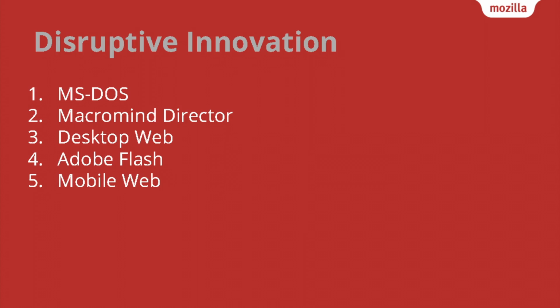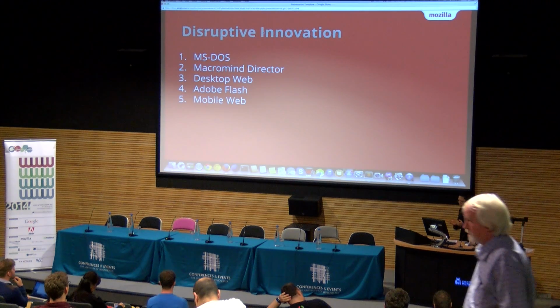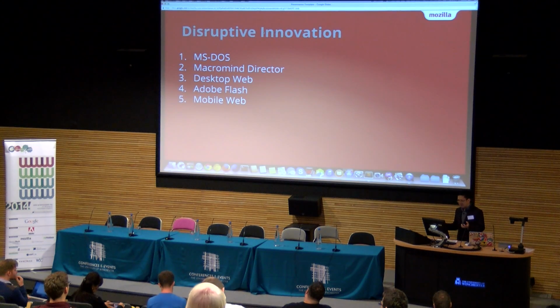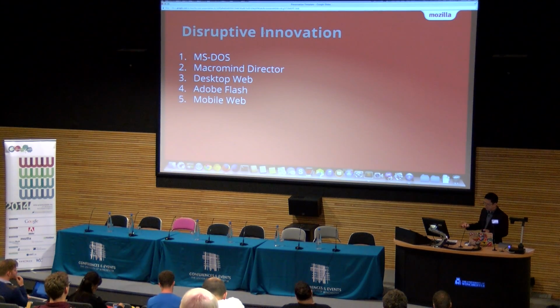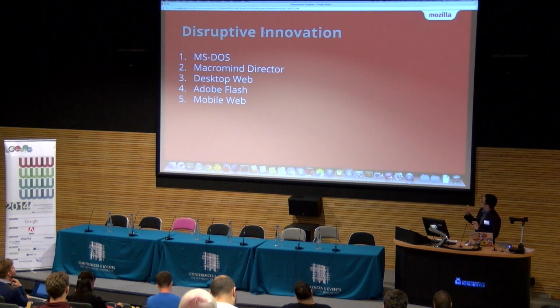So these are some key technologies that came along over the 20 years that I'll talk about. The first one is Microsoft's DOS operating system, which it's pretty well documented how it disrupted the mainframe industry and made it so that we've got all these technologies available today on our desktops and eventually on phones, etc. And then I'll talk a bit about the authoring tool Macromedia Director, which circa early 90s was used a lot for